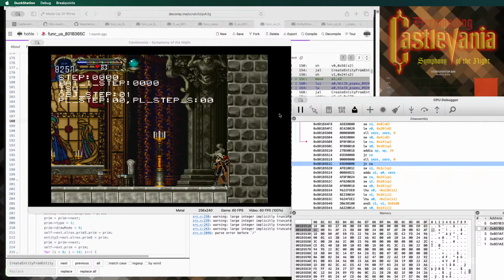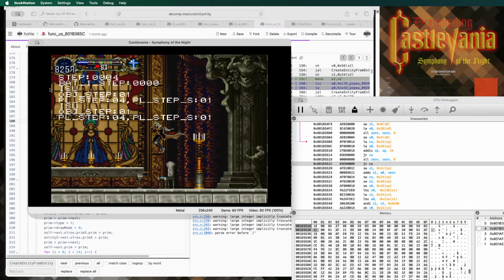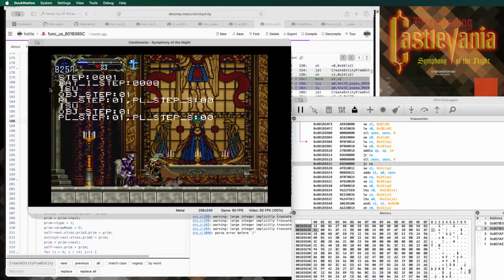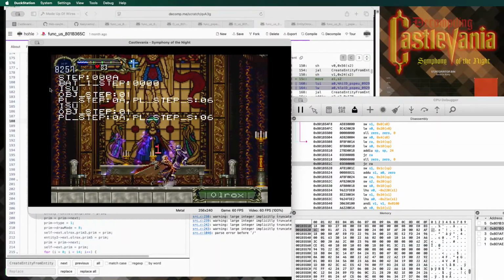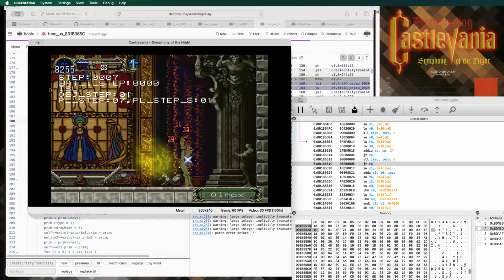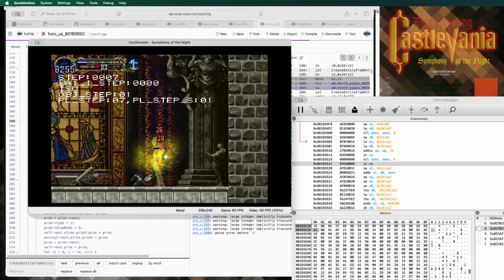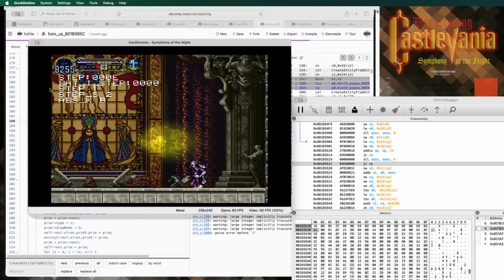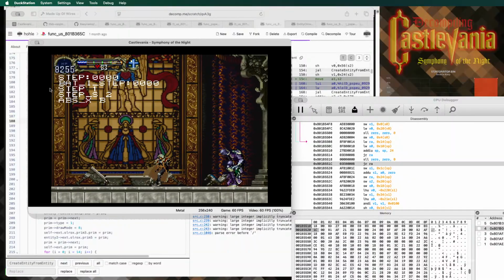And did some initial debugging to see what it might be. It runs micro MIPS, which I haven't done anything with, so I have to figure out what micro MIPS is. Well, I know what micro MIPS is, but how to deal with it. But then the other thing I noticed was